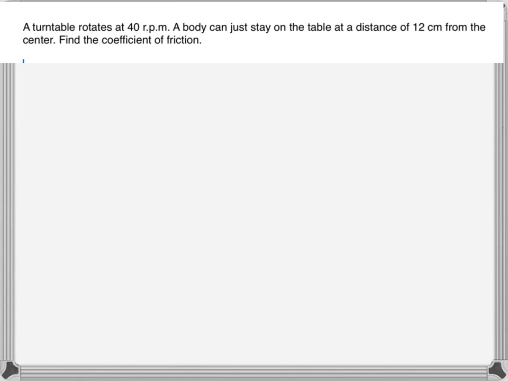The question says that a turntable rotates at 40 rpm. The body can just stay on the table at a distance of 12 centimeter from the center. Find the coefficient of friction. So the turntable is rotating at a velocity of 40 rpm,